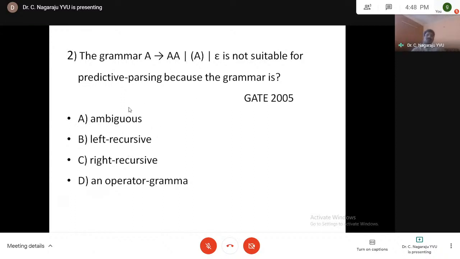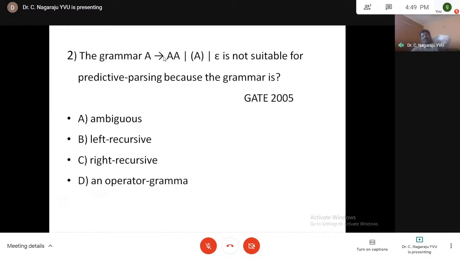But here, when you are using this, it will fall infinitely: epsilon, epsilon, epsilon, epsilon. So the recursion will not come like left recursion. But the answer is ambiguous grammar. Ambiguous means more than one parse tree can be constructed with the help of this